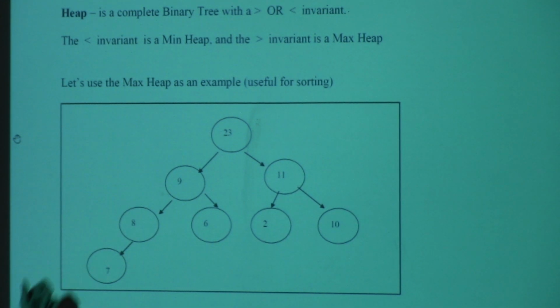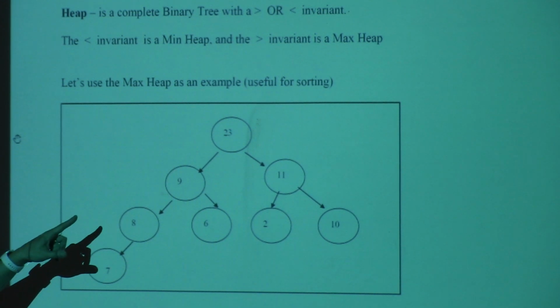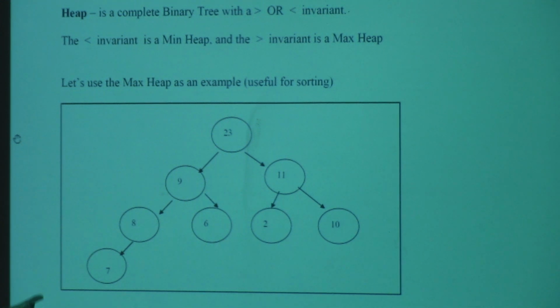For example, if I were to search this tree, looking at the 23, where would I find the 2? And the answer is, I don't know. It's not good for searching, because if I go to the 23, the 2 could be in the left or right subtree. Notice that here